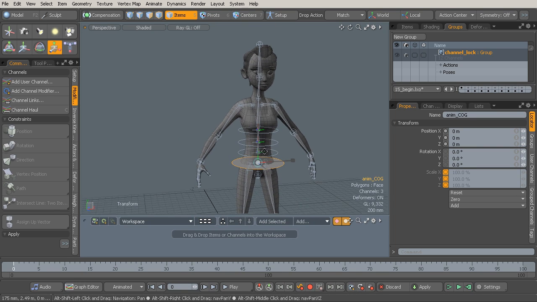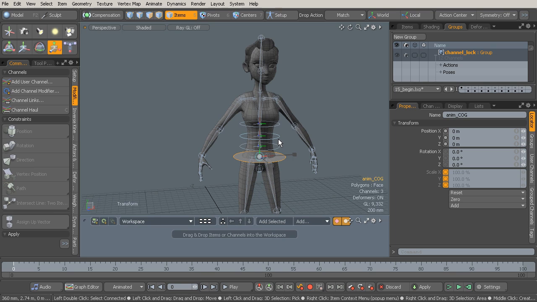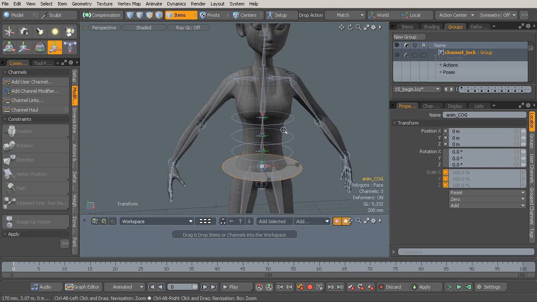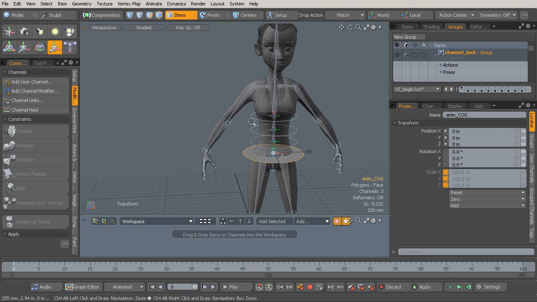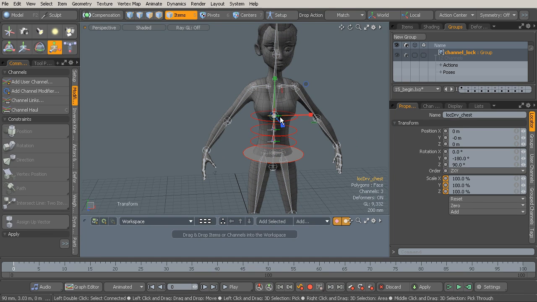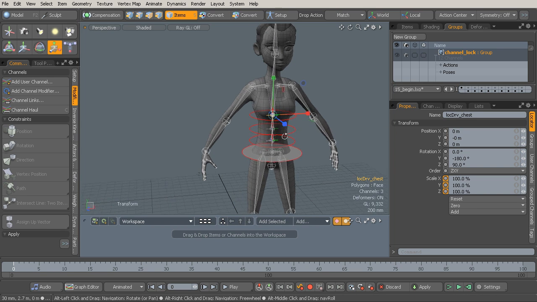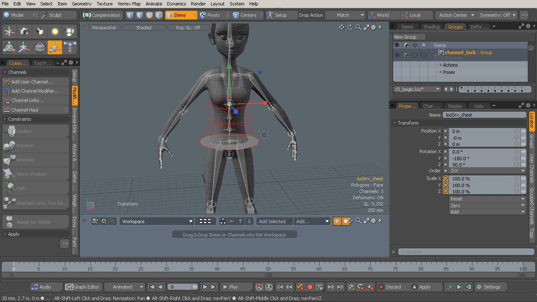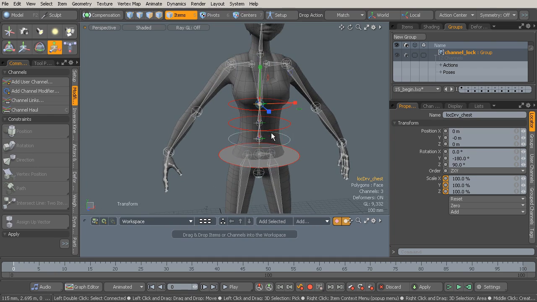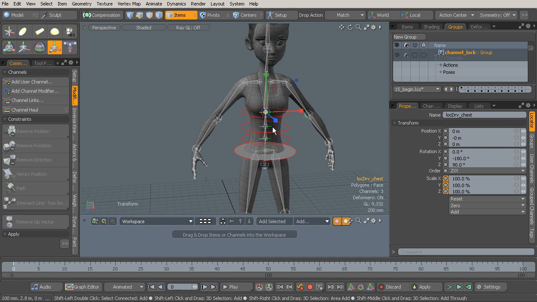Alright, so that's one step down. I'd now like to create a group that will be used to hide all of these systems that work in the background. Remember those locators that we made for the character's spine? Well, we can go ahead and grab those locators and have them stored in a group we'll name hidden. That way, when we're ready to clean things up, we'll simply hide that group, and thus our rig will be more presentable. So we can go ahead and shift select all three, and with them highlighted, we can